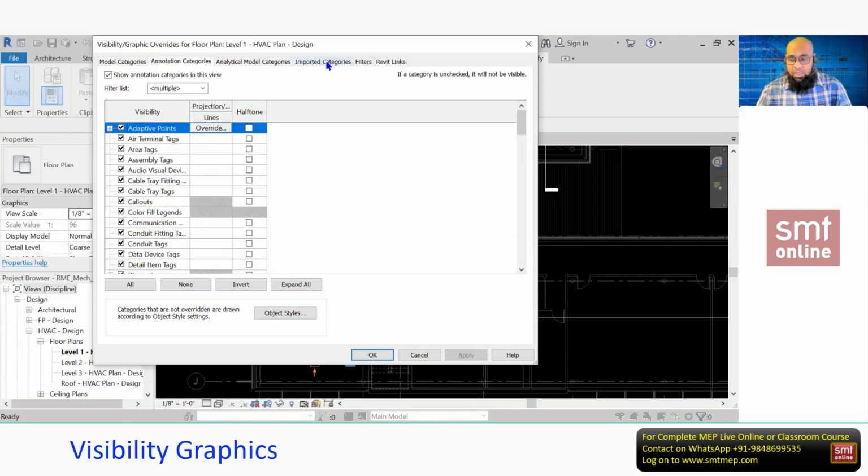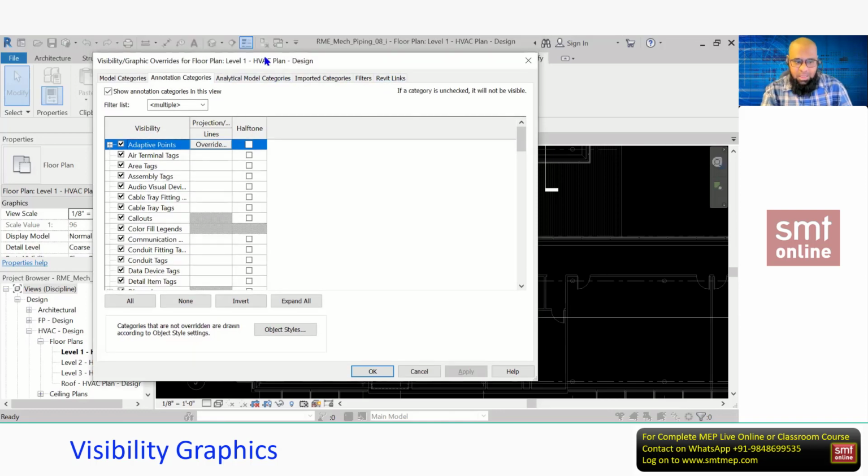But the imported category, we have a separate topic. Imported category is different from a link. A link is going to be a link to that particular 3D intelligent component. But imported means once you import, that component is going to be in your project. There will be no link with the original file. So we have one topic on the imported category also.